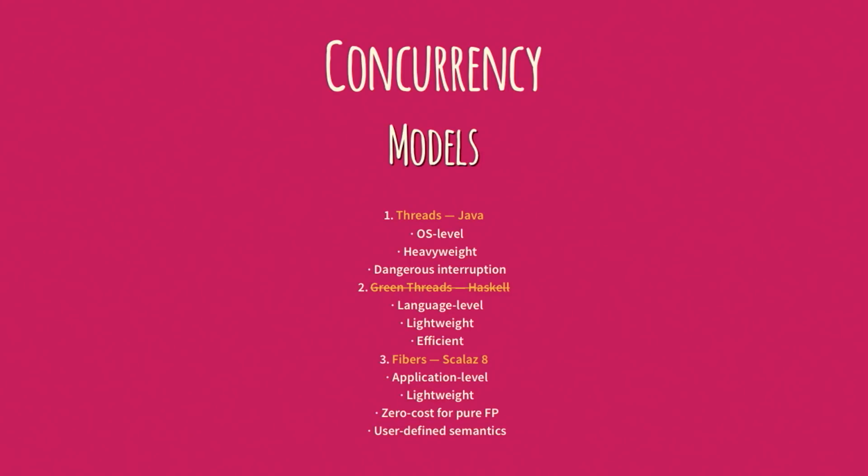So now it's time to talk about concurrency. I said that I/O included those concurrency primitives inside of it that help you solve real-world problems that matter to the business. Well, what are those? There are a couple of different ways that we could have approached this problem. First off, we could use threads, but the bad thing about native Java threads is that they're at the operating system level. They consume OS resources, and they're very heavyweight, and it's not really possible to interrupt them in a safe way that guarantees preservation of resources.